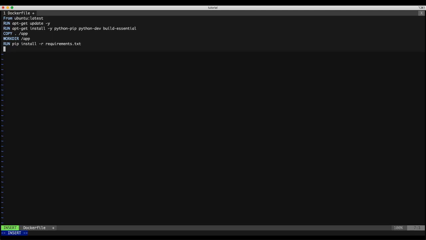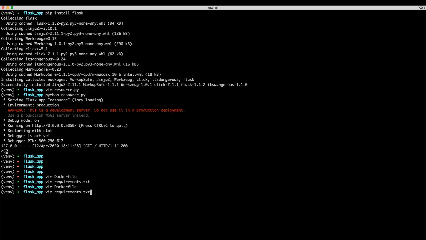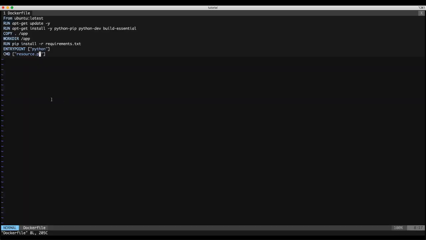Then we will set the entry point for our application. So the entry point will be Python. Now with Python, what command do I need to run? I need to run the command resource.py, which I have run here as well. Before, I executed the Flask application like python resource.py. So simply I've done the same here. I've set Python as the entry point, and for that entry point, the command will be resource.py. So now our Dockerfile has been